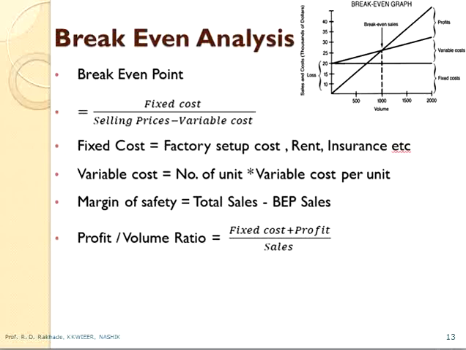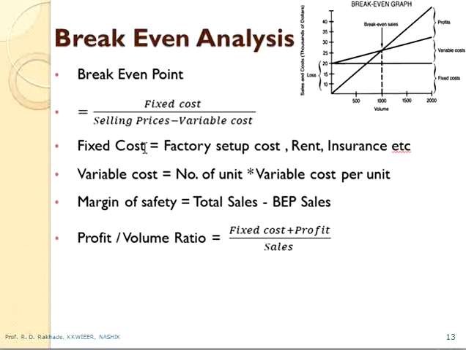Next is break even analysis. In this topic, the main objective is to find the break even point. So what is the break even point? At that point, where the company produces a particular volume, the company has a no loss no profit situation. Suppose in this graph the break even point is at 1000, so if the company produces 1000 units, it is neither in profit nor in loss. So how to calculate the break even point? It's a simple ratio of fixed cost upon selling price minus variable cost.